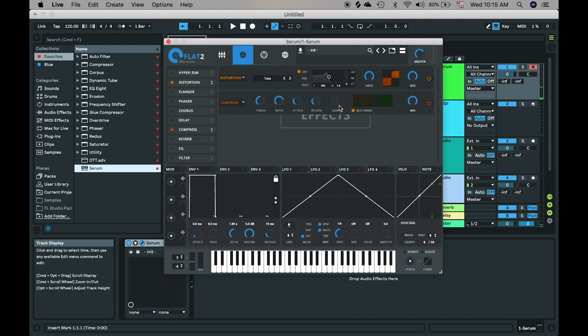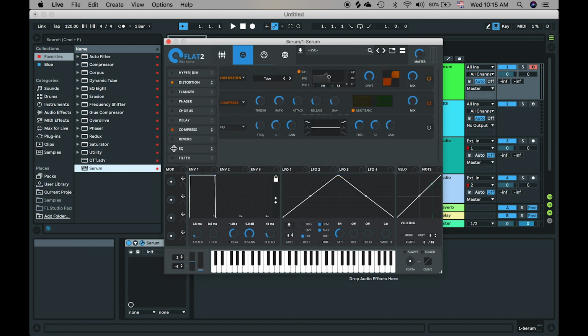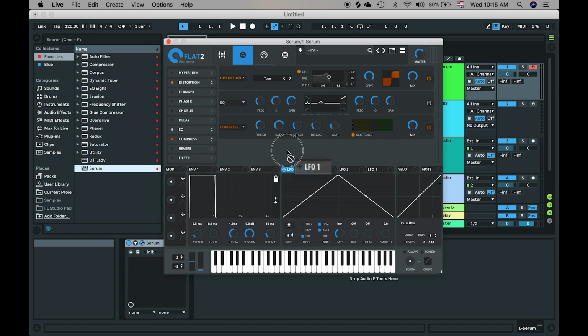You can also enable the multiband. And that's basically it. We can also add a bit of a vowel tone to this just by adding an EQ here with a very slow